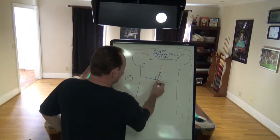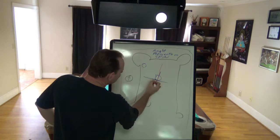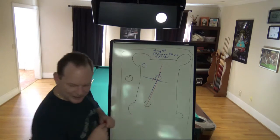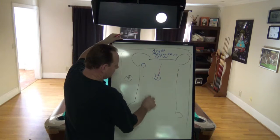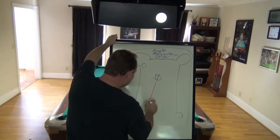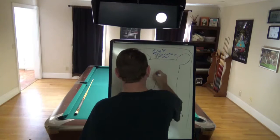If there's a slight angle, in this case we've got a very small angle. If we hit that hard, we might get it to drift a little bit, but there's a finite amount of area that it'll go. Likewise, if we go back and look at this shot,